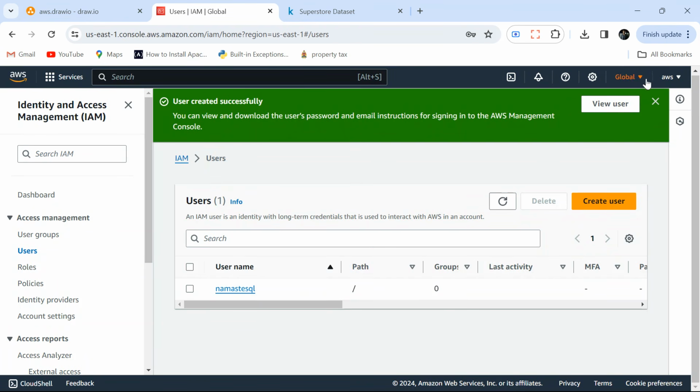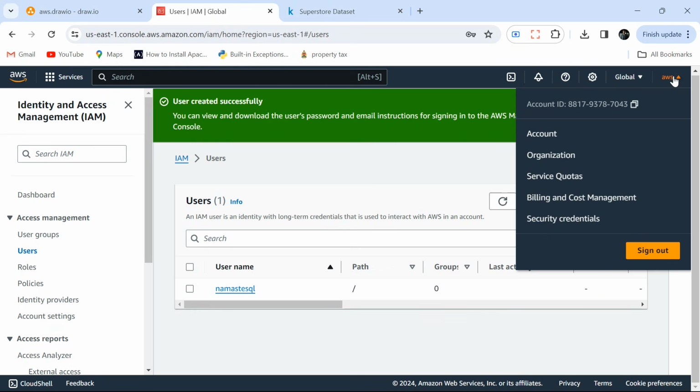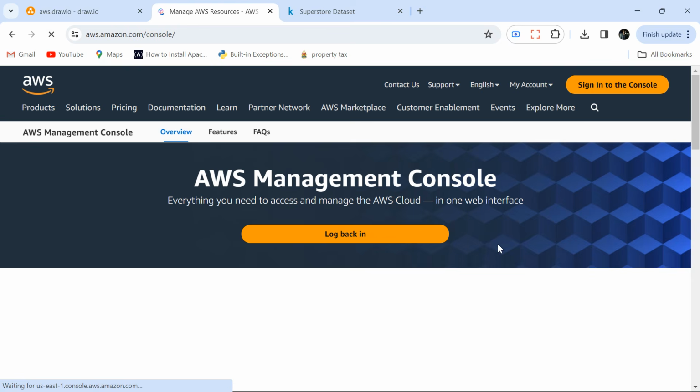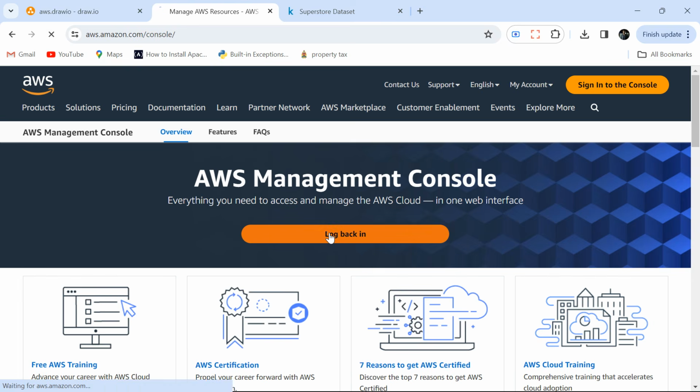So what I will do, before you log out, you have to copy your AWS account. So this is my account ID. I'll just copy this, right? I need this for login. Okay. So I just copied it and signed out. Now I will log back in,